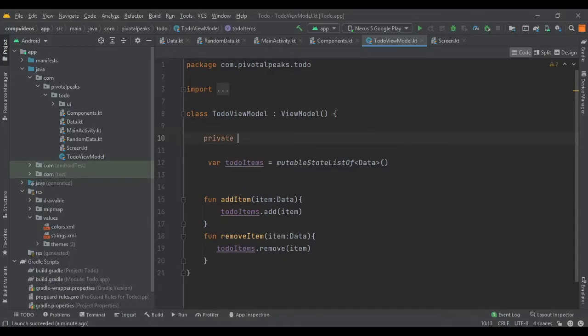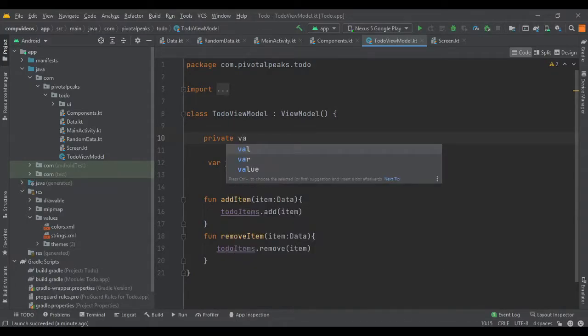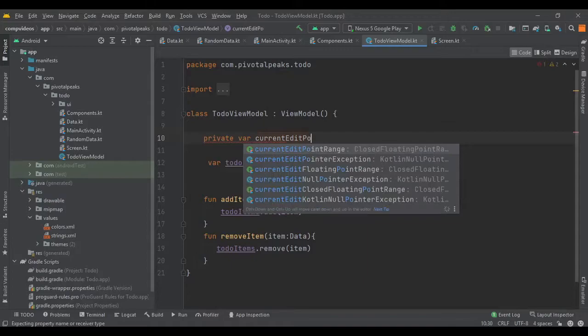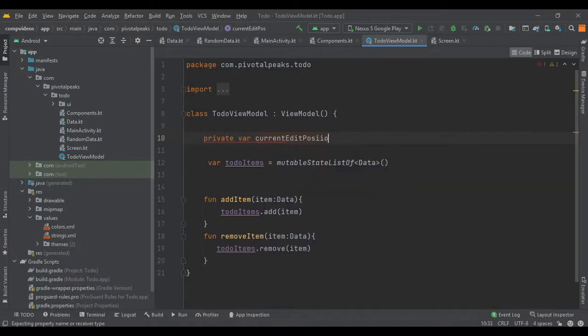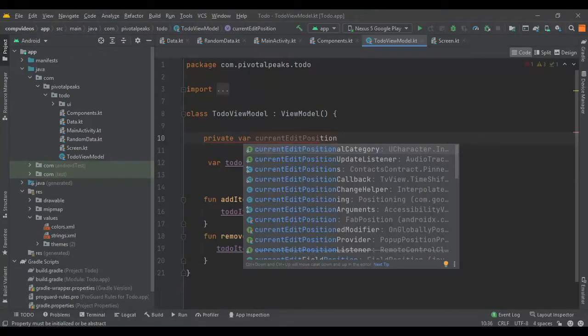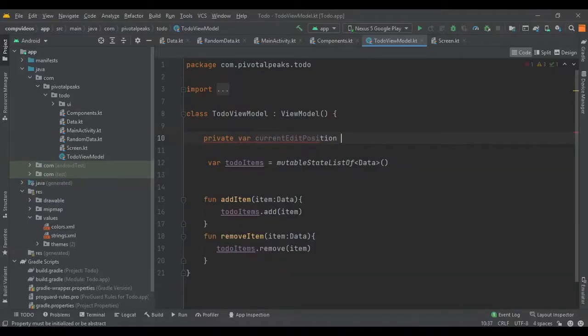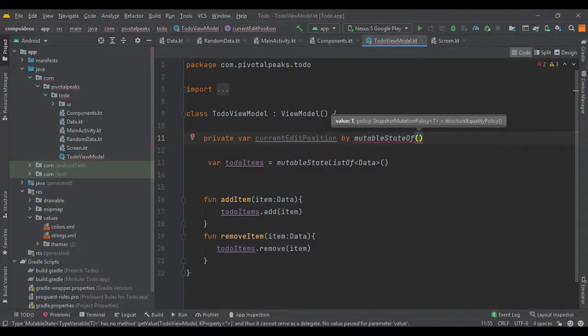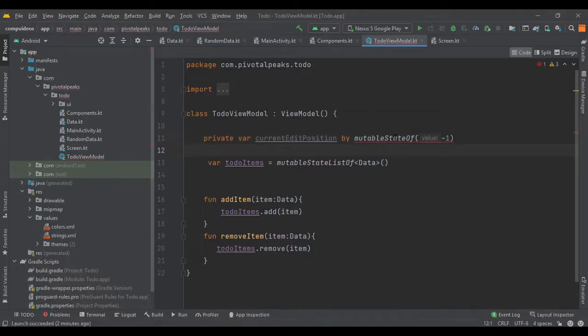So private var current edit position by mutable state of, and we need to pass -1, and we need to import the value runtime.getValue.